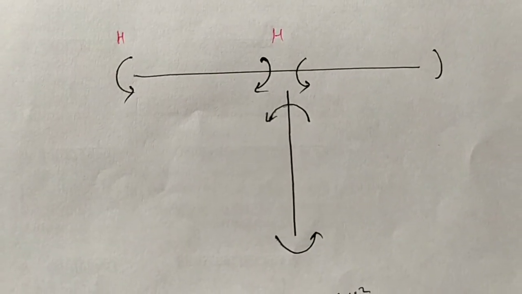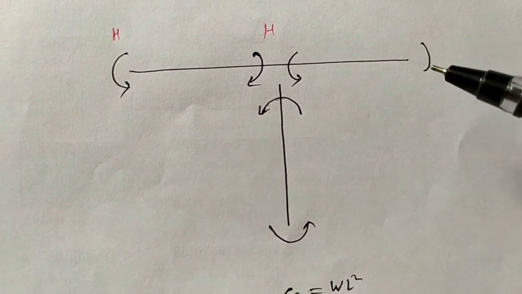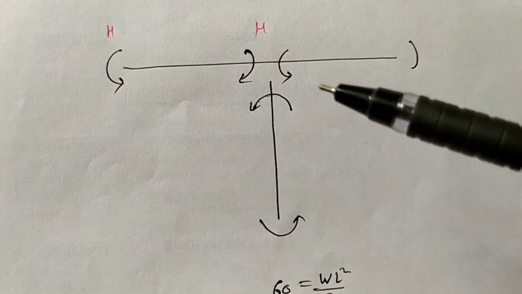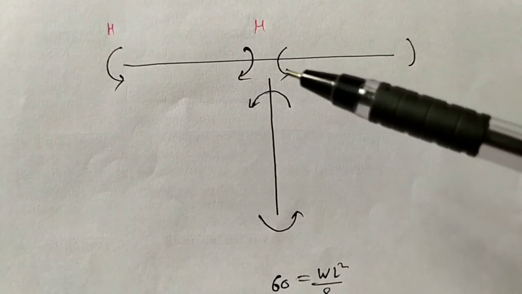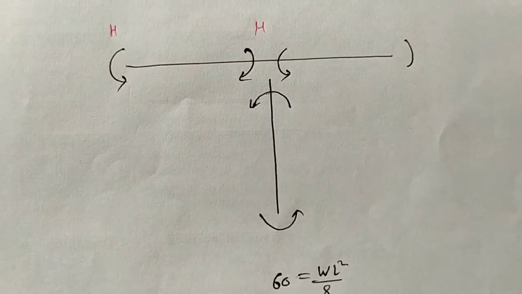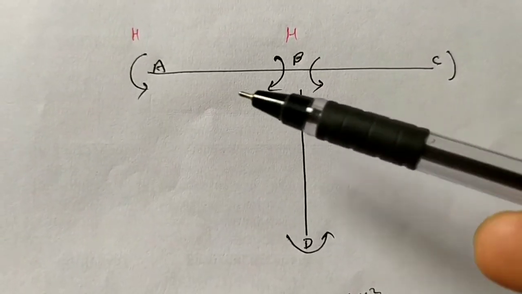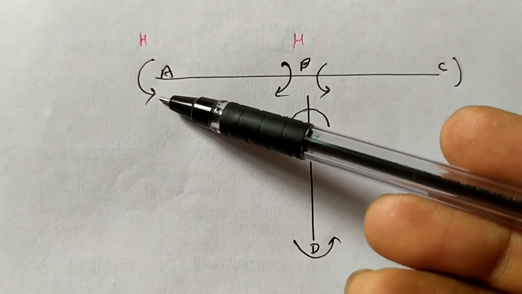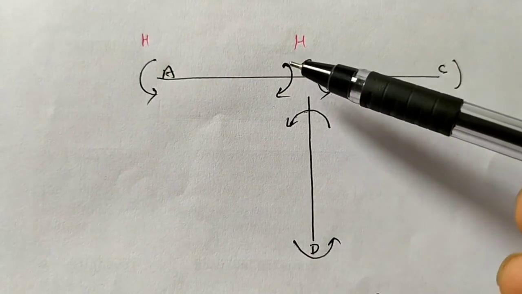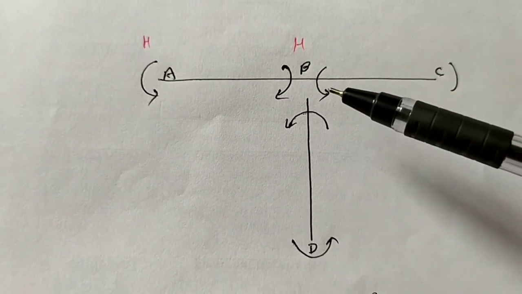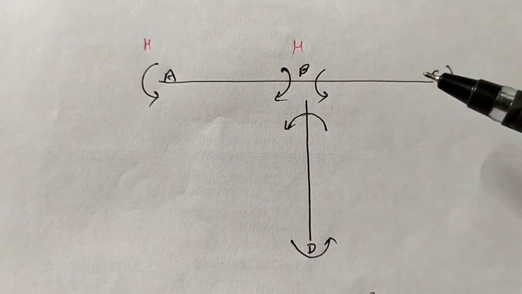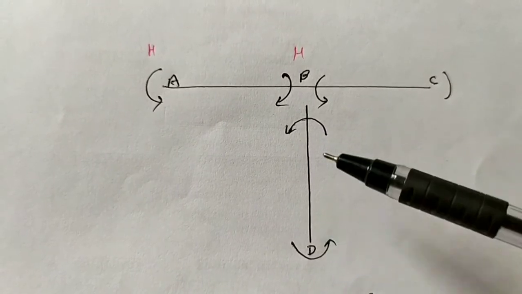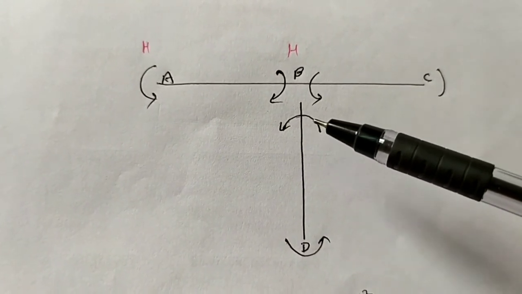After getting moments, just draw a diagram like this, and show curves like this at every joint. Remember, you have to show the curves in this fashion only. Next, show the directions, that is clockwise or anti-clockwise. Here we have got MAB as minus, that is anti-clockwise, so we show the anti-clockwise movement. MBA we have got positive, that is clockwise. MBC we have got negative, that is anti-clockwise. CB, there is no existence of CB, the moment is 0. We have got MBD as minus, that's why anti-clockwise.